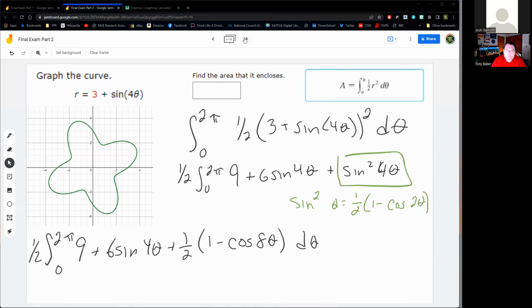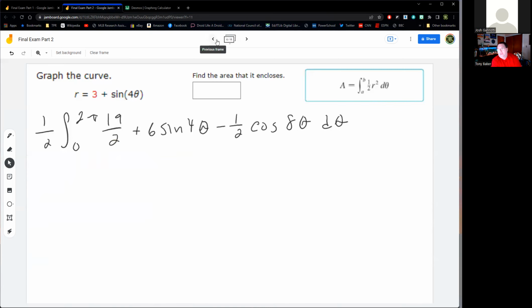All right, so we put the 1/2 and the 9 together, and we get 19 over 2. So now I can do my integral for this. So I got 1/2. I got 19 over 2 theta